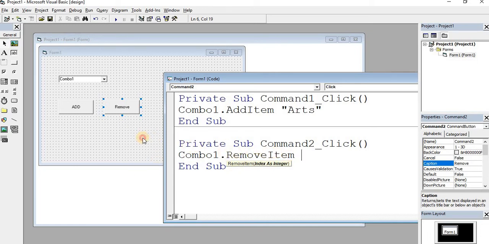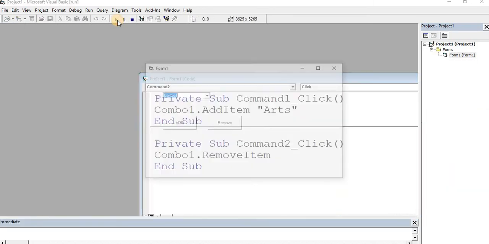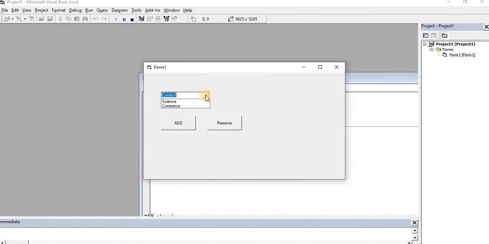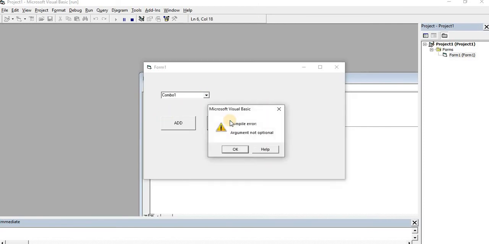Then what happens? If you write like this and run the program, you can see the items. I'm clicking on add. Now it has added the third item arts also, but when I click on remove, it is giving an error. Why? Because we have not selected the index of which element is to be deleted.